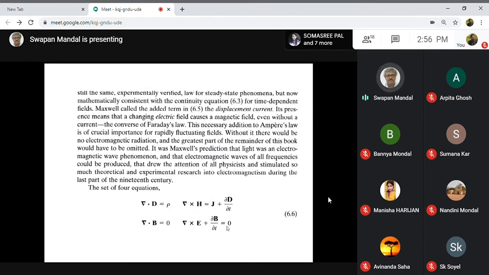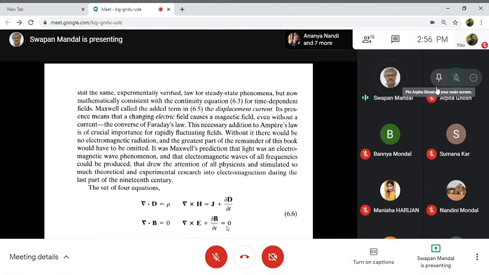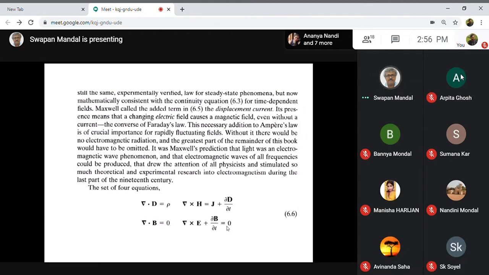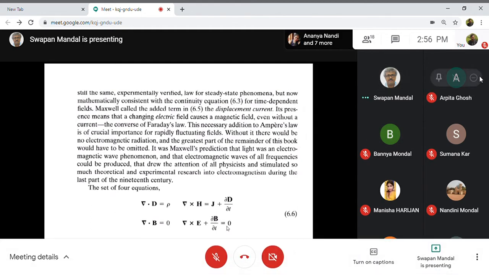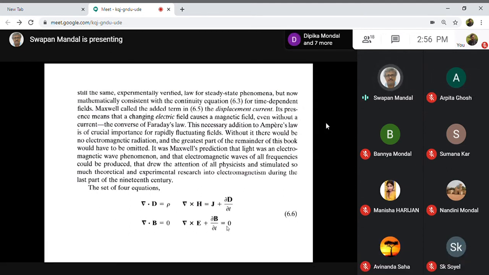And later on, we do not call electric and magnetic field separately, rather we call it electromagnetic field. In other words, electric field and magnetic field, which were taught to you in your earlier classes separately, Maxwell's equations now combine them in terms of the electromagnetic field. I will talk more about that before that, just look at Maxwell's equation.